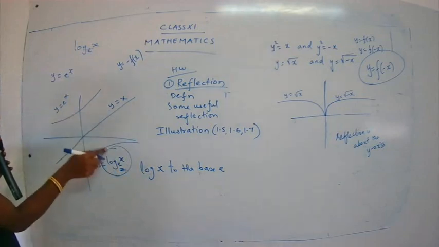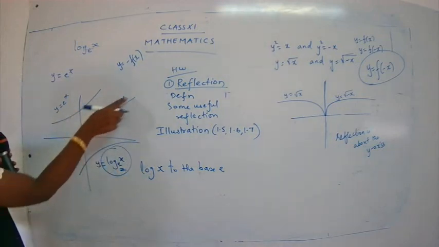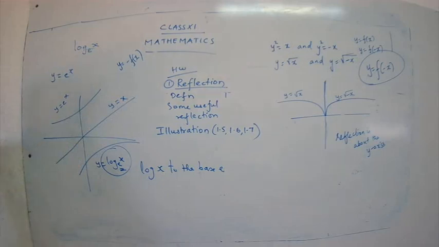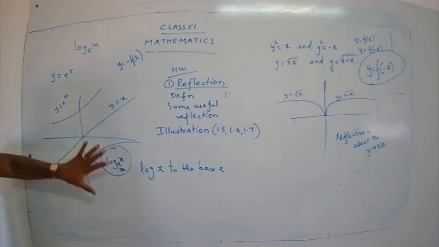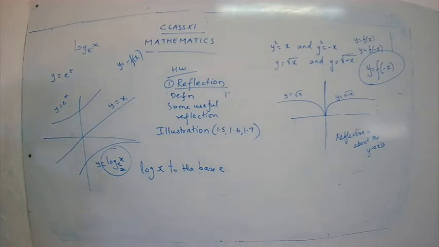So what you can see here is that they are reflections, and this line is called the mirror line. Y is equal to x is the mirror line, and y is equal to e raised to x and y is equal to log x to the base e are symmetrical to each other. So that was your point number 3. Clear, children? So I have completed the explanation for the first type of transformation,